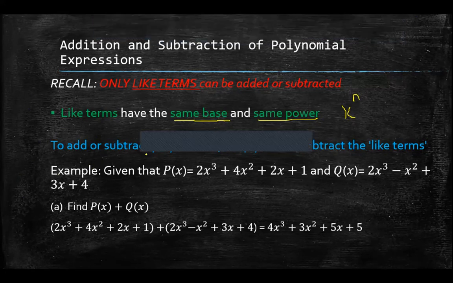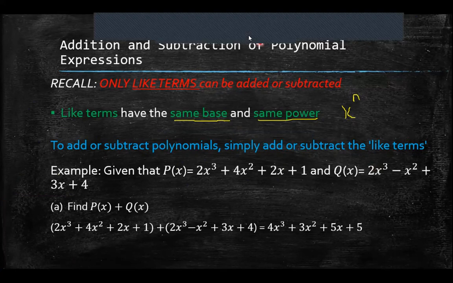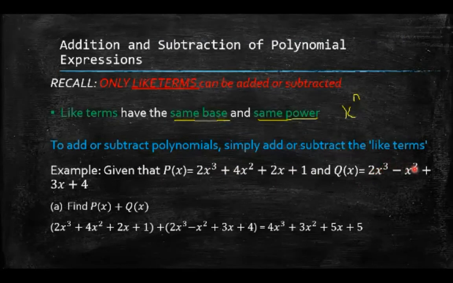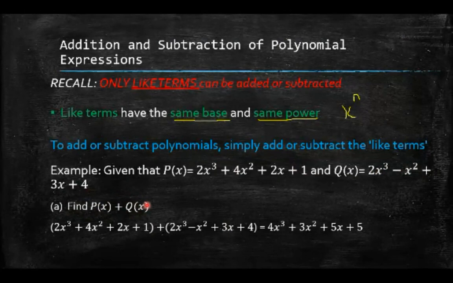All right. To add or subtract polynomials, you simply have to add or subtract the like terms. For example, if you're given this function, p of x is equal to 2x cubed plus 4x squared plus 2x plus 1, and then you're also given another function, q of x, which is 2x cubed minus x squared plus 3x plus 4. If they ask you to find p of x plus q of x, so that's just adding